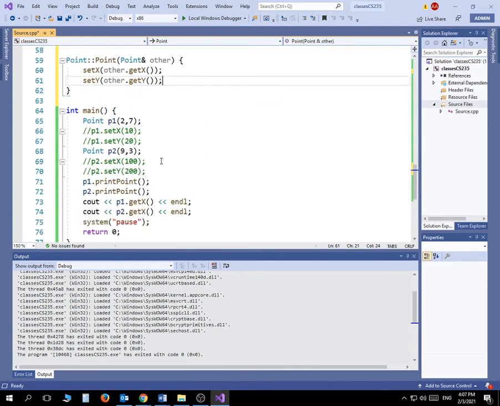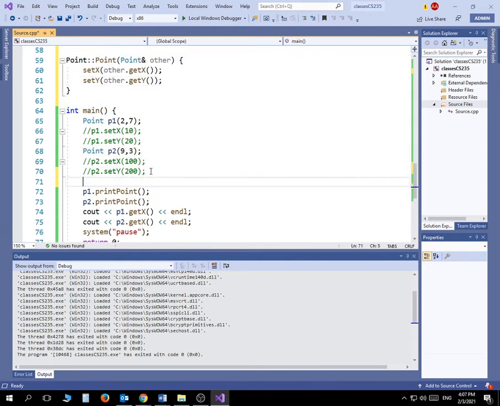The idea here is very simple. Let's go ahead and show you an example here. For example, if I come here and create a new point, and I will say point P3, and I'm going to pass P1 as an argument. Okay? So what's going to happen? P1 is going to be passed to other. And here I'm saying set x. So I'm trying to set the x of P3. And the value of the x of P3 is going to be basically whatever the x of other